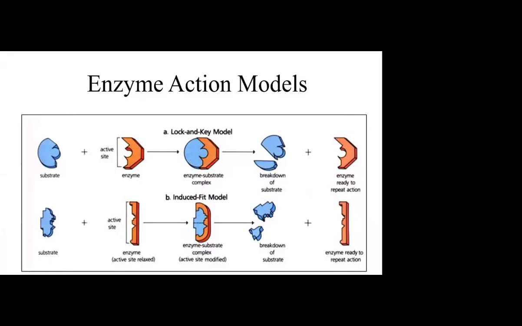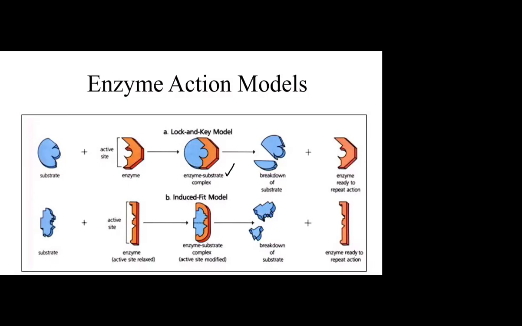When they come together to form the enzyme substrate complex, as you can observe right here in that middle structure, the substrate and the active site of the enzyme fit into one another, just like a lock and a key. If we utilize that analogy, the key is the substrate and the enzyme is the lock, and the opening where we put the key is the active site of your enzyme.